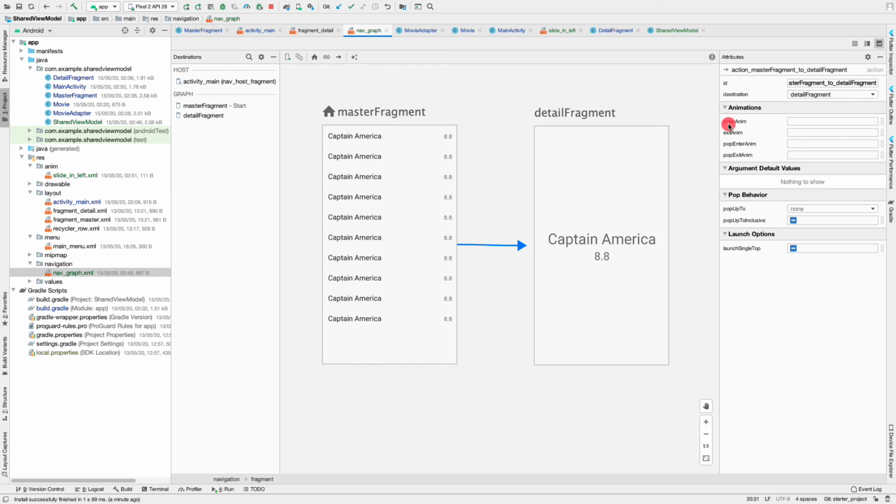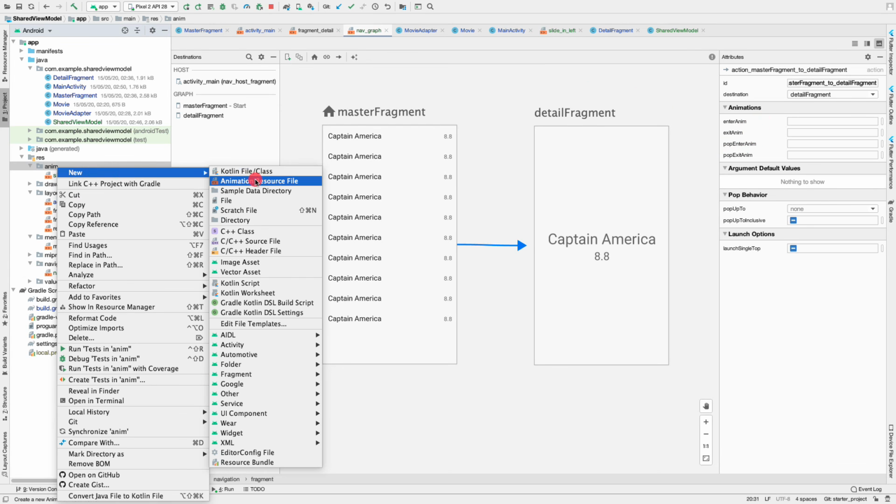And if you want to know what all these animations mean, or what these animations are used for, then you can go and watch my video that is again linked at the top here, where I explained why there are 2 enter animations, that is enter anim and pop enter anim, and why there are 2 exit animations, that is exit animation and pop exit animation. So for these 4 animations, I am creating 4 files here inside the animation folder.